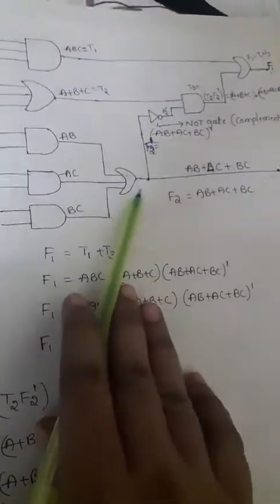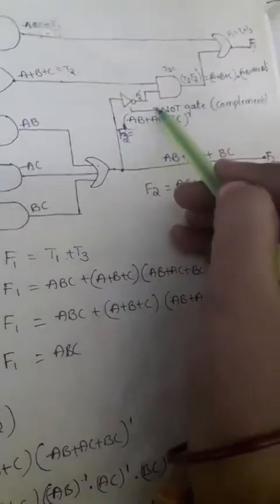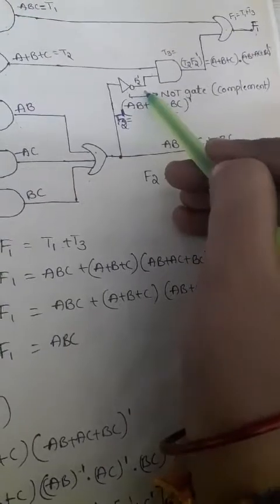What is the third step? Repeat step 2. In the first step we are finding the first level gate output. In the second rule we are finding the second stage output. Coming to the third step, that is finding the output of the third stage, fourth stage, fifth stage. Repeat step 2 until the circuit output is obtained like this.